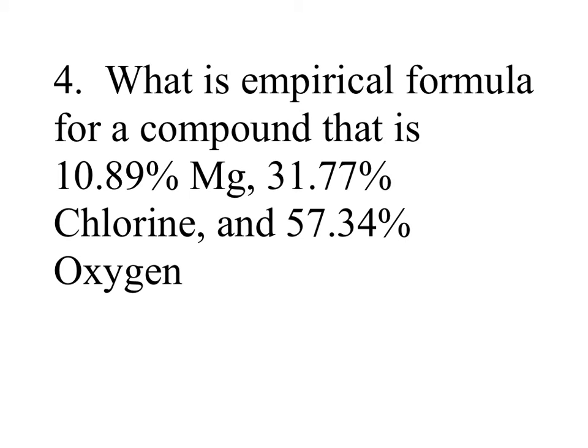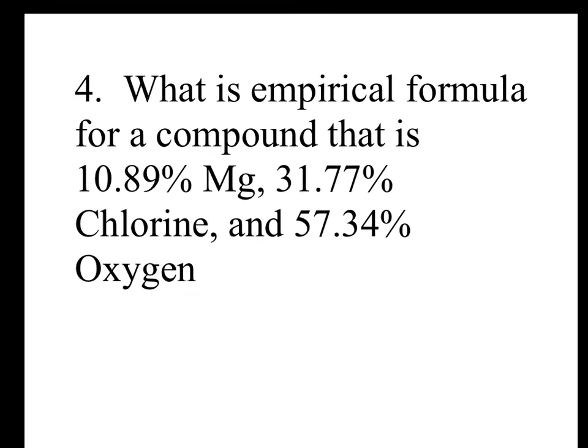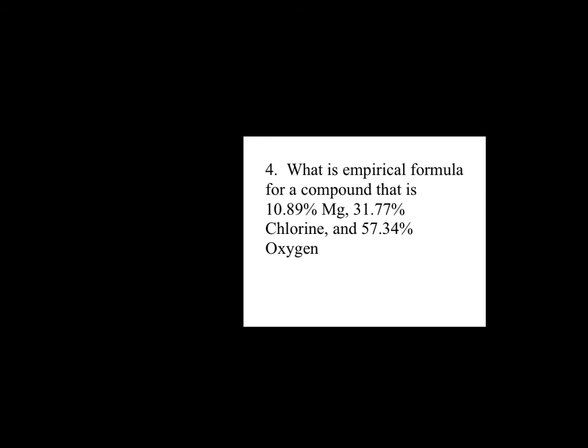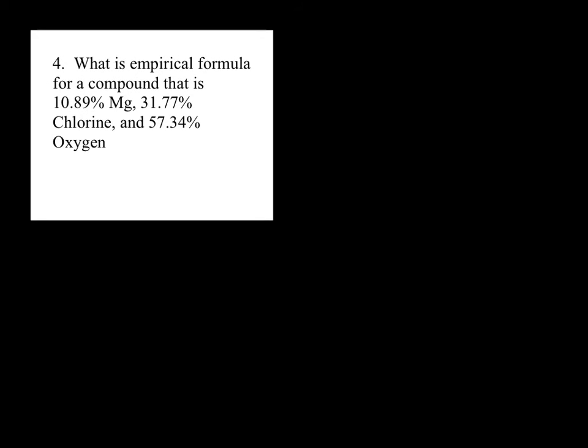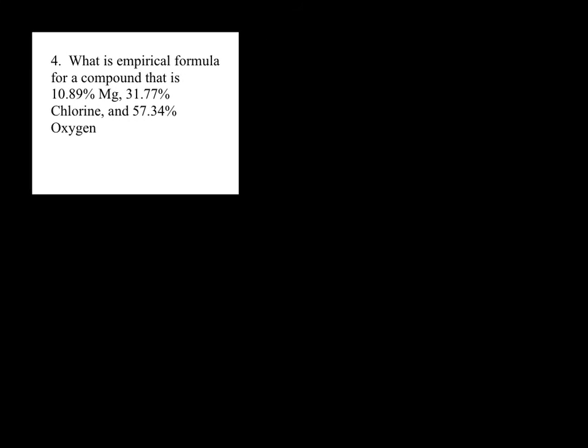Number 4, what is the empirical formula for a compound that is 10.89% magnesium, 31.77% chlorine, and 57.34% oxygen? So this is, again, just like the last problem, except we have 3 elements now instead of just 2. So we're going to take, assuming again that we have 100 grams, that means my magnesium is